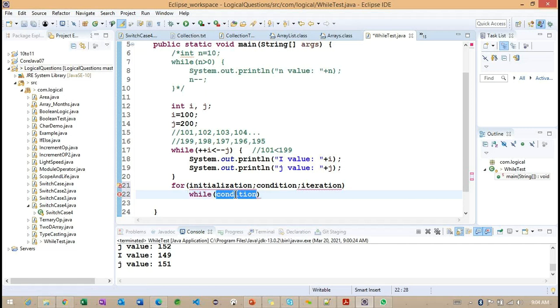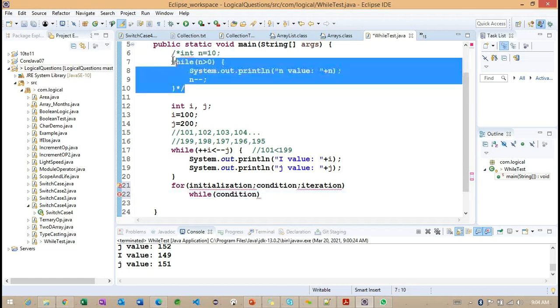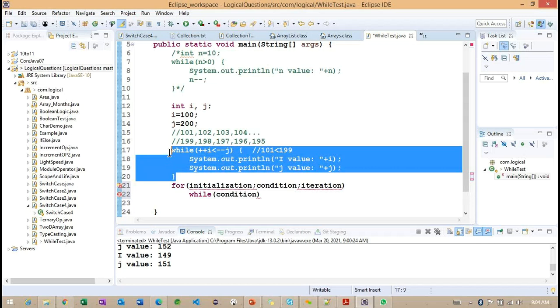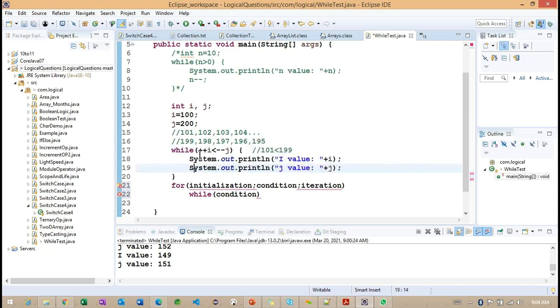So we need to check in which scenario this condition is going to return false. That is important, because if it is not returning false, as we identified in the previous example, it keeps on executing here. So there is no stop point here. But in this current example, in between, somewhere the condition is going to be satisfied. So if the condition is satisfied, it's returning false, the loop is going to stop here. So that is identified as something called 149 and 151. At the time of i value 149 and j value 151, this particular while loop is going to stop here.